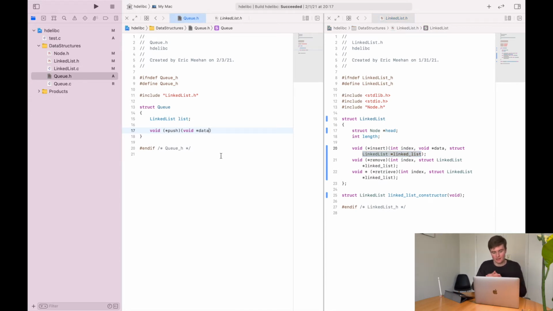They'll pass in a pointer to that linked list. But instead, it's a little bit unpleasant if you're trying to work with a queue and you have to keep referencing the linked list that is embedded within the queue. I can just have them pass in the address to the queue. That way it still makes perfect sense, and it will just get the list embedded itself. So we'll pass in queue, pointer queue. And then we'll have pop. And this one will just pass in